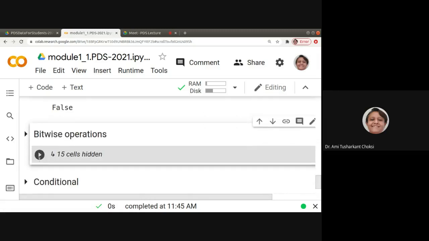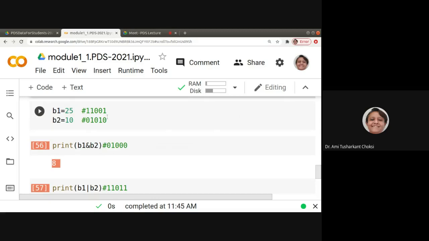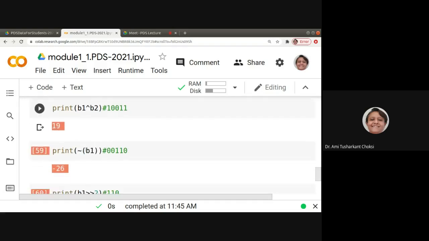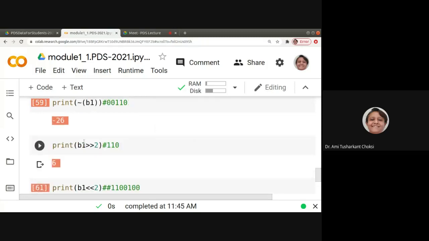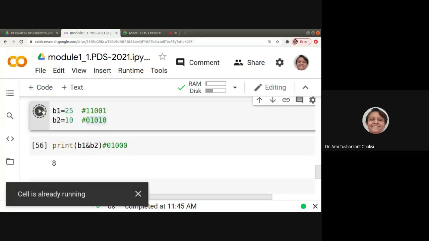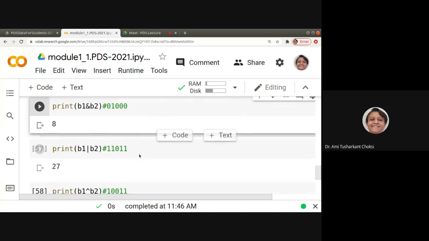Now for bitwise operations, binary values are given, and then bitwise we want to do the AND operation, OR operation, exclusive OR operation, negation, shifting, right? So let us see them one by one. This is AND. For AND, we know that, right?